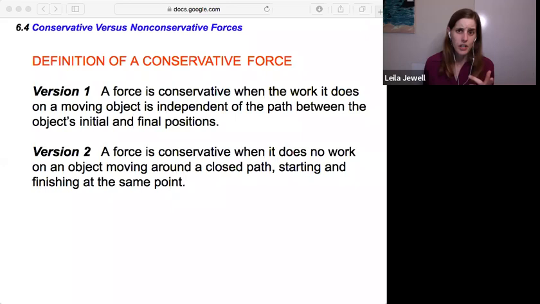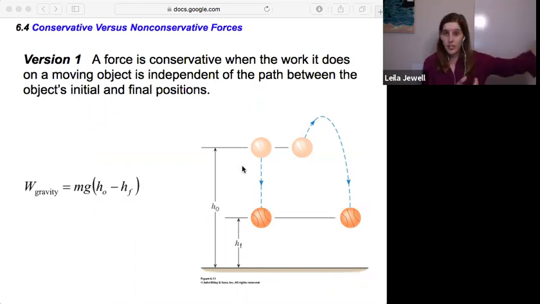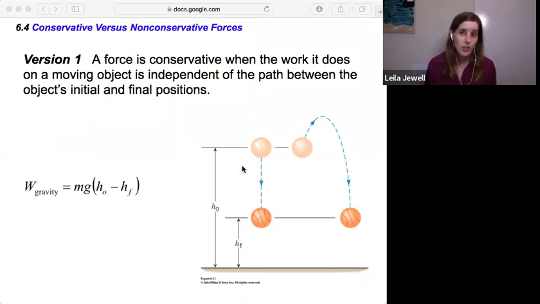So this we saw with our ball example, right? The work done by the force of gravity was independent of the path between the initial and final positions. The work done by gravity will be the same if the ball travels straight down or if it goes any other path to go between the same initial and final positions, which only depend on the height. So if the path doesn't matter, that's a sign that our force is conservative and that the gravitational force is